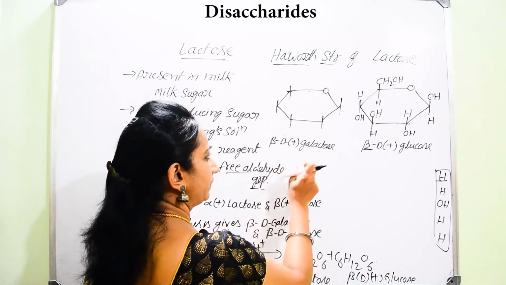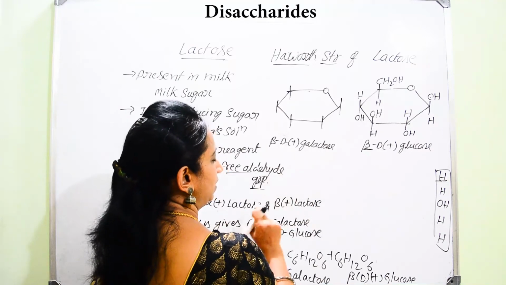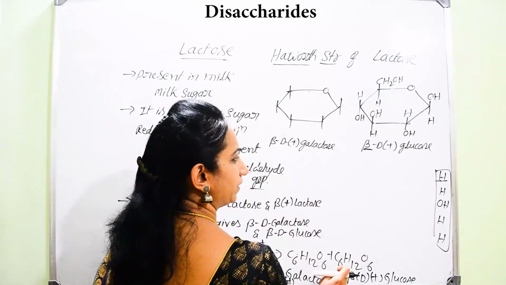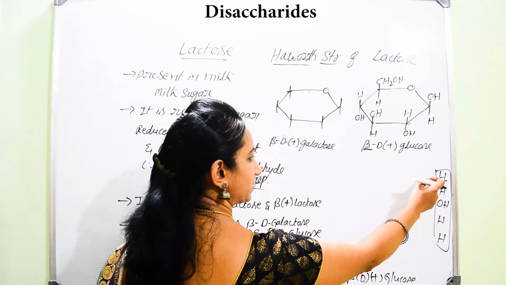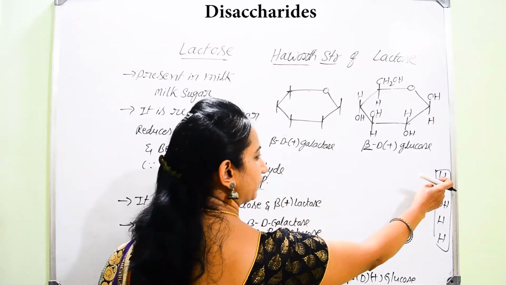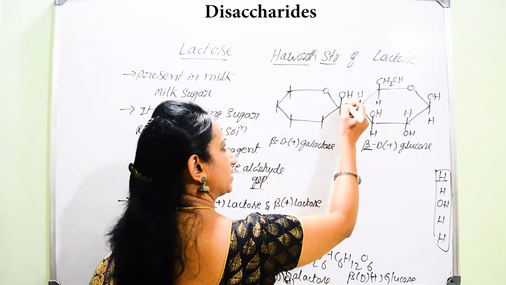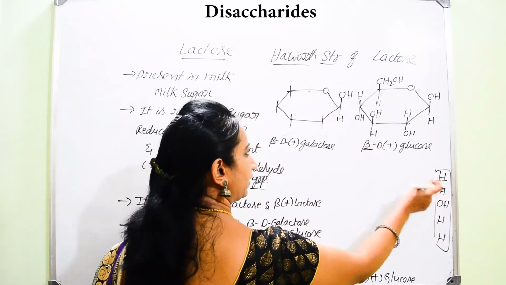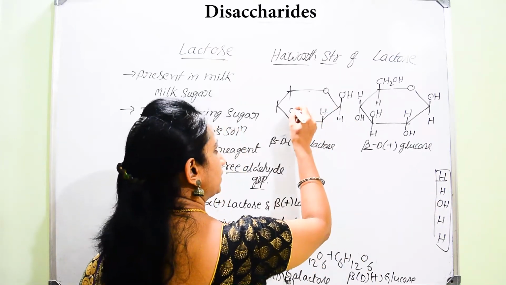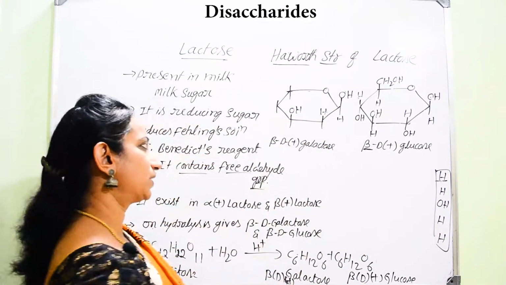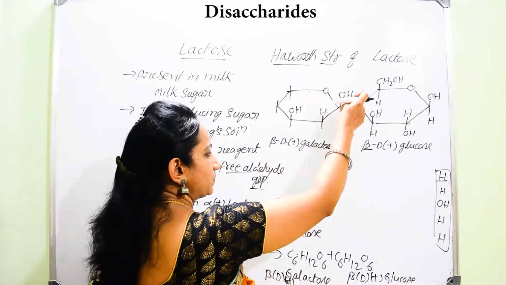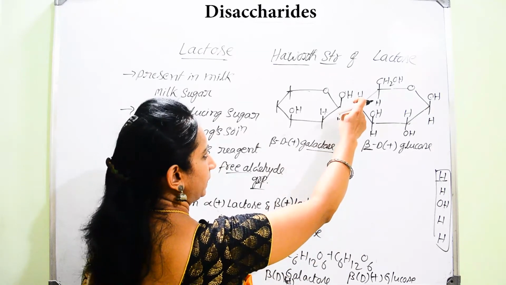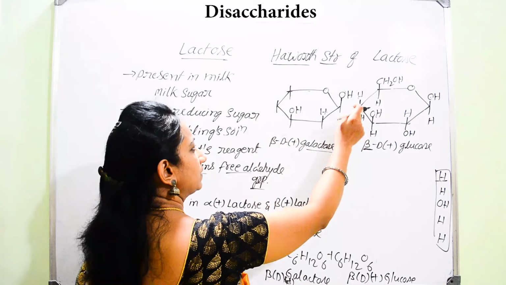Next, which unit should you write? That is galactose. Here, beta, again you remember the same code: H, H, OH, H, H. But what is the alteration you should make here? Beta means instead of writing H, you should write OH. Then H, then OH. Then the fourth position: there will be a change in this position. In the fourth position, particularly for galactose, the H will lie below and the OH will lie above. Only this is the change.